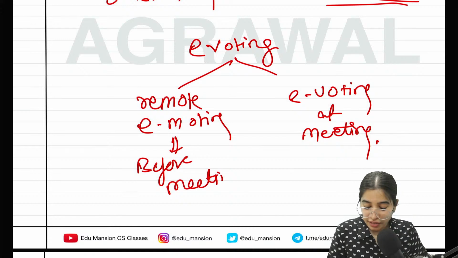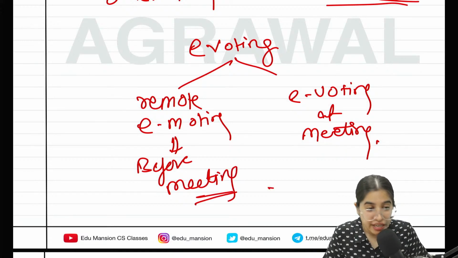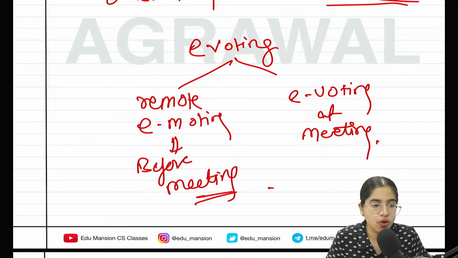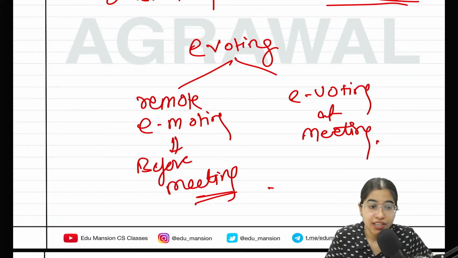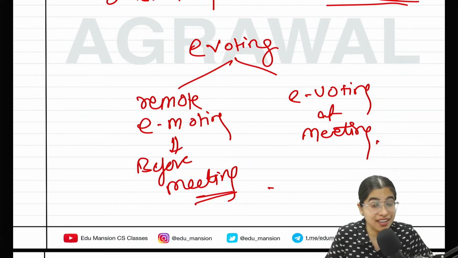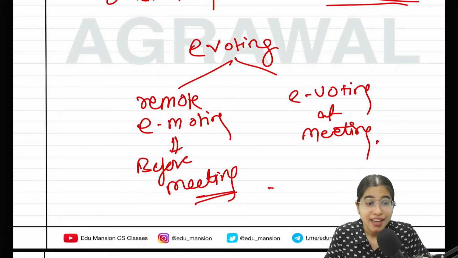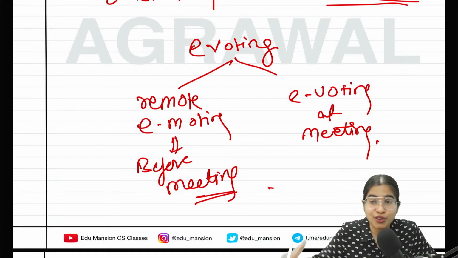If you think that when we are doing e-voting, it is not needed to hold the general meeting, you are wrong. E-voting is different. In e-voting, it is necessary to hold the general meeting. You have to hold the physical meeting as well. Even if you are giving an e-voting option or remote voting option,